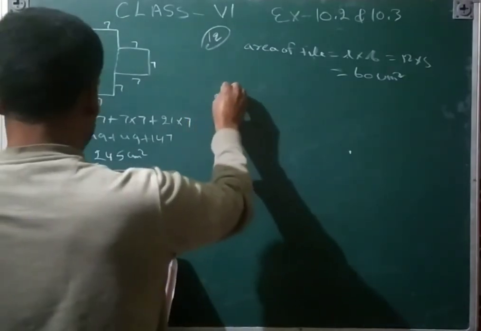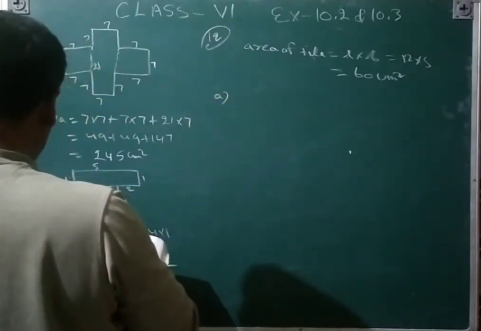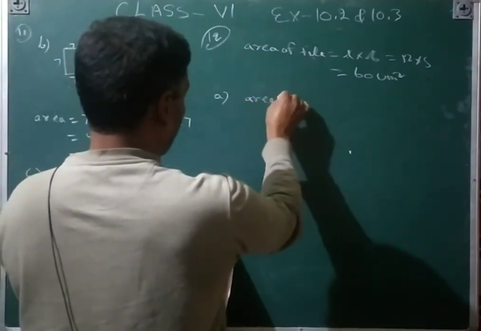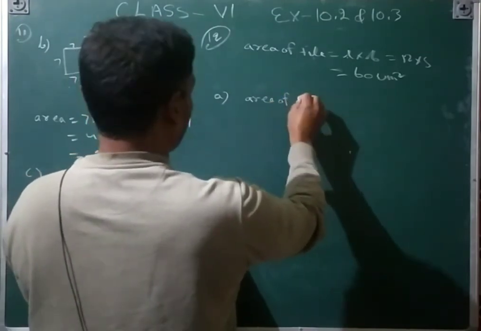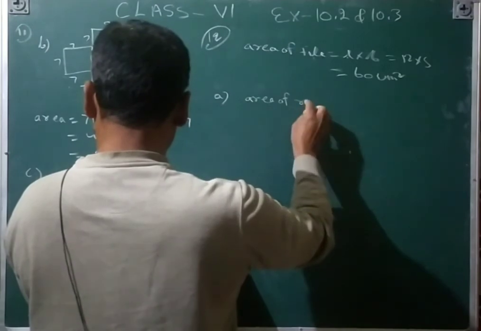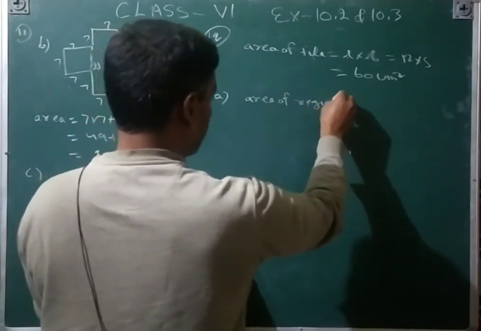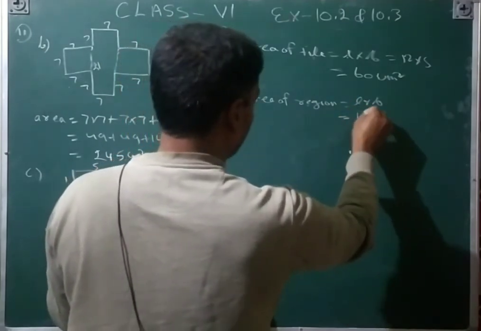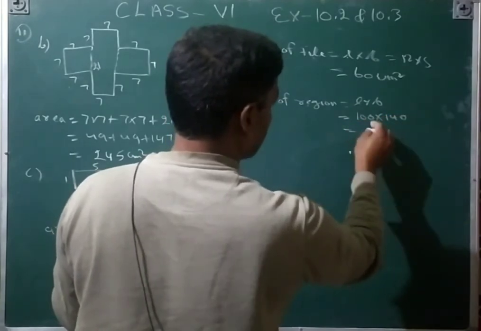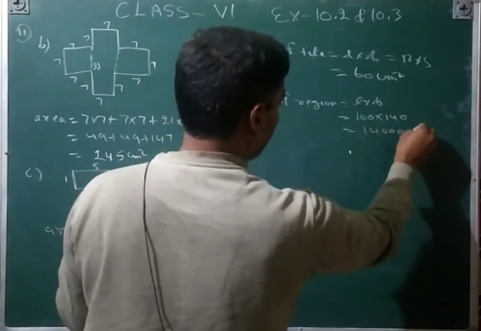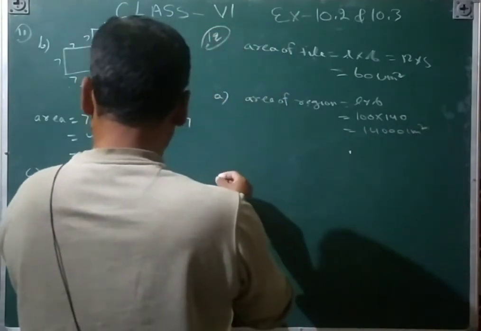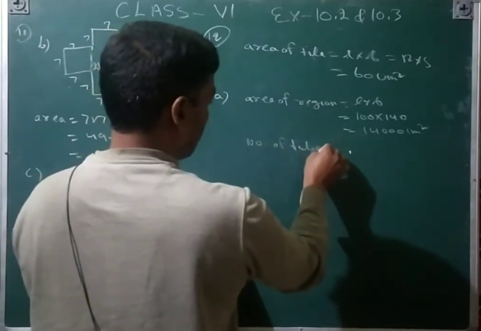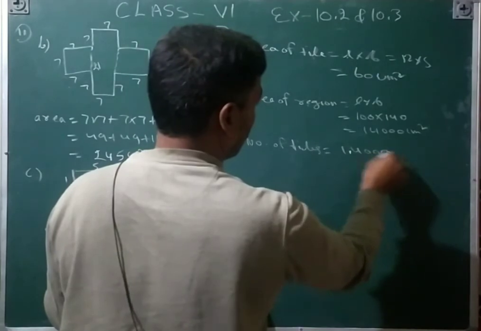And then the A part. The area needed is the area of the region, that particular region given. Region area is equal to L into B. So L is 100 into 144, that is 14400 centimeter square. So the number of tiles, we need to find the number of tiles, is equal to the region area upon the tile area,